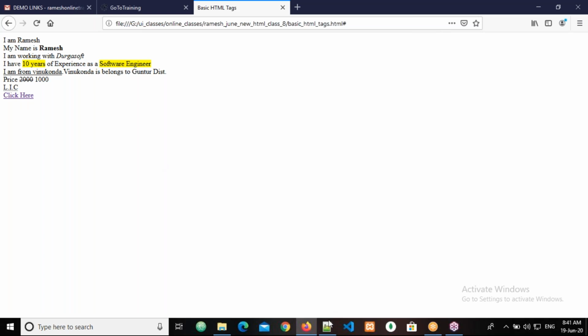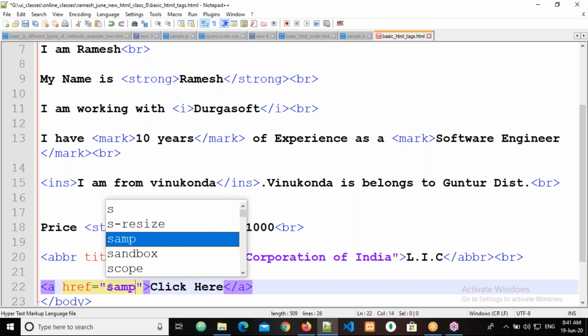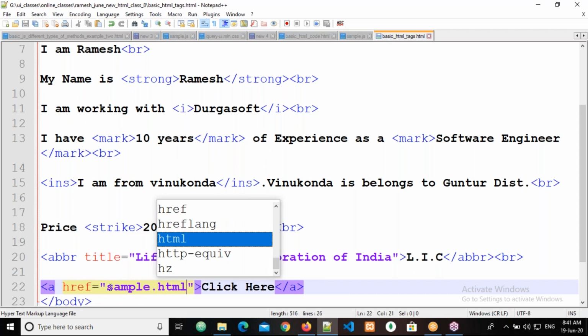So except leaving it empty or putting a hash, what can I write here in the href? Suppose I'm writing sample.html. Do we have sample.html in our root directory? No. Href stands for hyperlink reference.